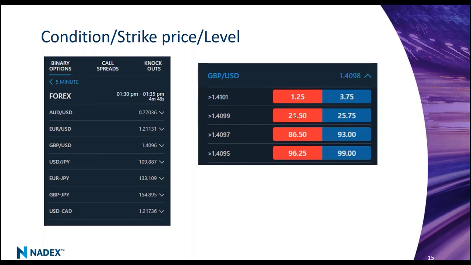It's currently below here. There must be very little time left. They're giving it only a 23% probability. Maybe there was only a minute to go. And that's why this was such a low probability. But if it started ticking higher, this probability would move very quickly from 23 up to 100 if the pound US dollar started ticking higher. All right, and we're going to walk through an example.